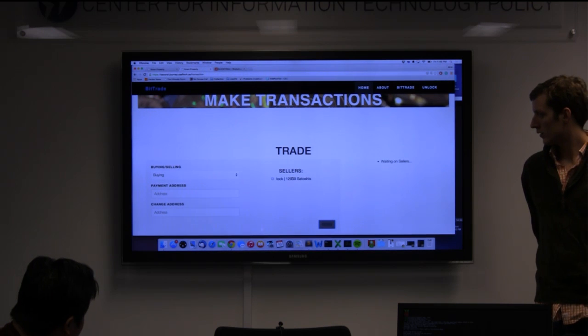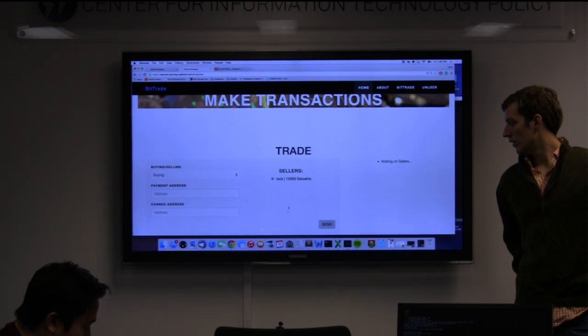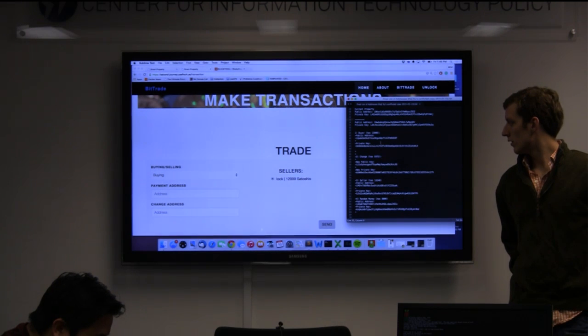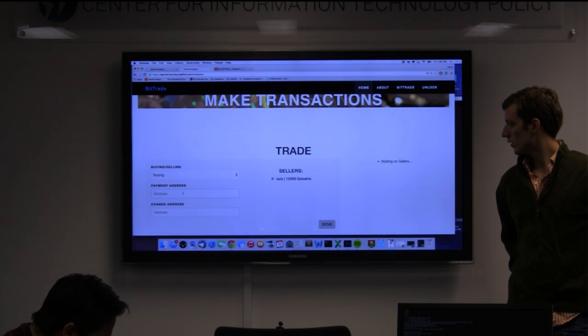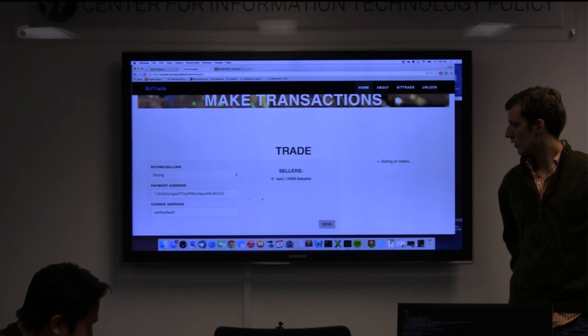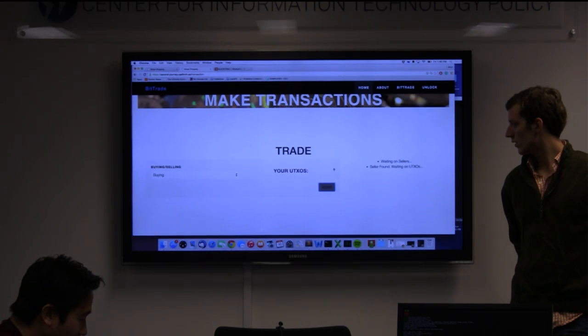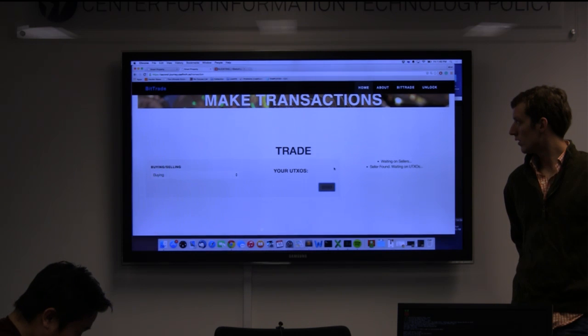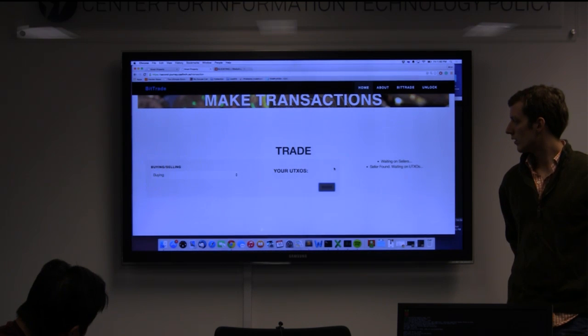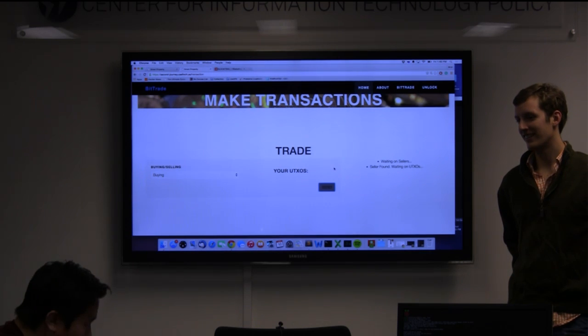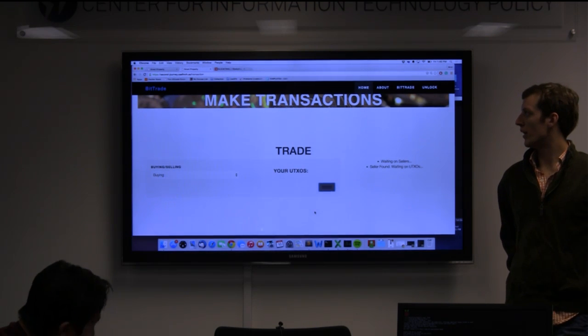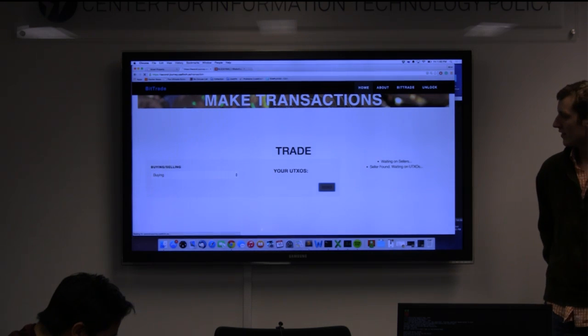Now it starts listing the sellers, and then I can put my own address. So if I just put some random address here, and from this payment address, I'm gonna start querying the UTXOs from, and sometimes it takes a while. Are there even UTXOs in that address? It should be. Okay, but if it doesn't,